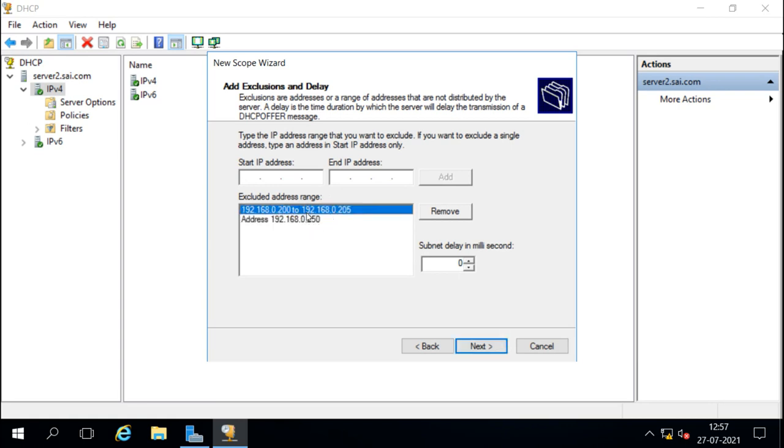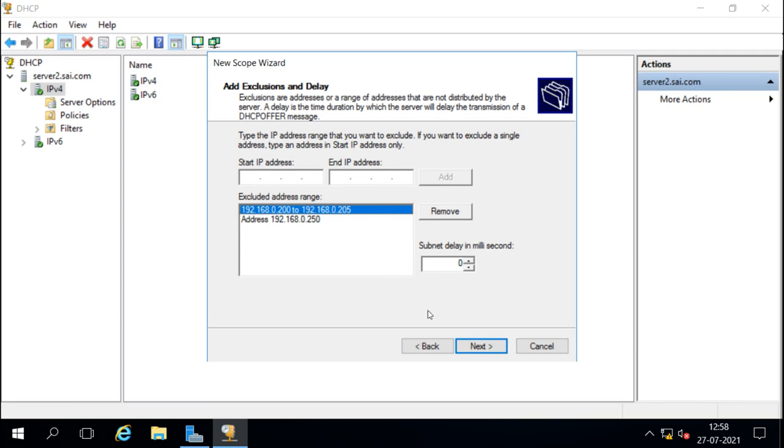So I have removed 200 to 205. So the starting IP for the DHCP server will be 206, and when it reaches 249, then 250 will not be given to anyone, directly 251 will be given. So this is the exclusion.